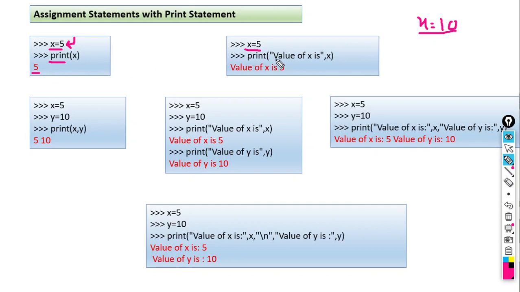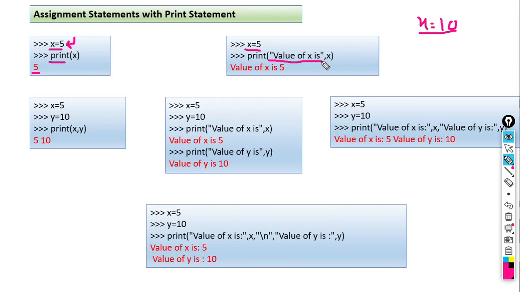But if we want to print some text regarding the value of x, what is that particular value, which variable the value is related to, so some text is needed to reference that particular variable. How can we do this? Print, within quotation marks, value of x is. In the last slide we have seen how we can print text, how we can print a string by using the print statement.